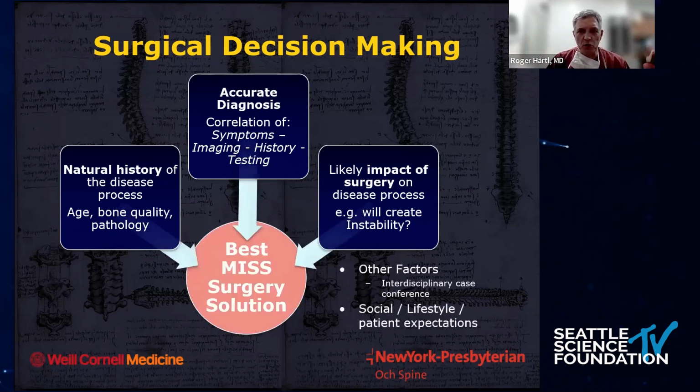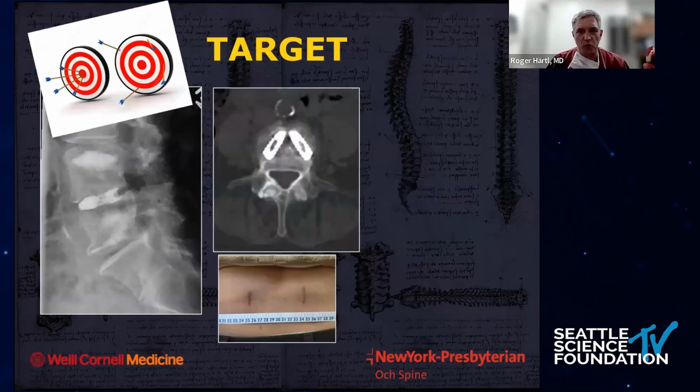If you put all these and more together, hopefully you'll come up with the best surgical solution. Unfortunately, we should have a whole course about this because this is so important. Now, this is an example of a patient where, in my opinion, the patient selection was off. This is a patient who had the least invasive spinal fusion done that I have ever seen.